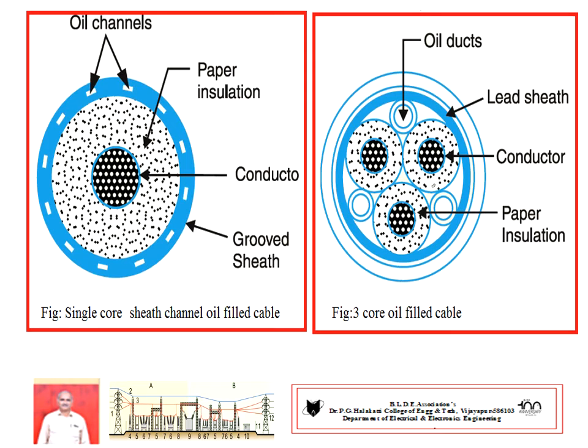You remember the diagram and a few points, sir. Similarly, for the 3-core oil filled cable, from the diagram only you can present a few points. Such a type of cable consists of 3 cores. Point number 1. Point number 2: each core is covered by paper insulation.